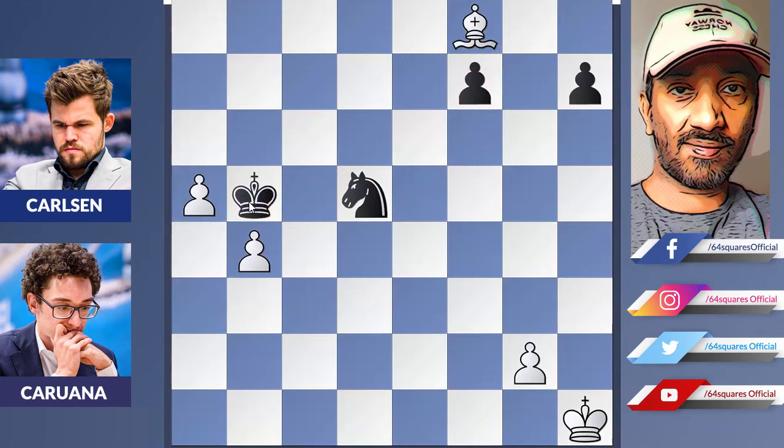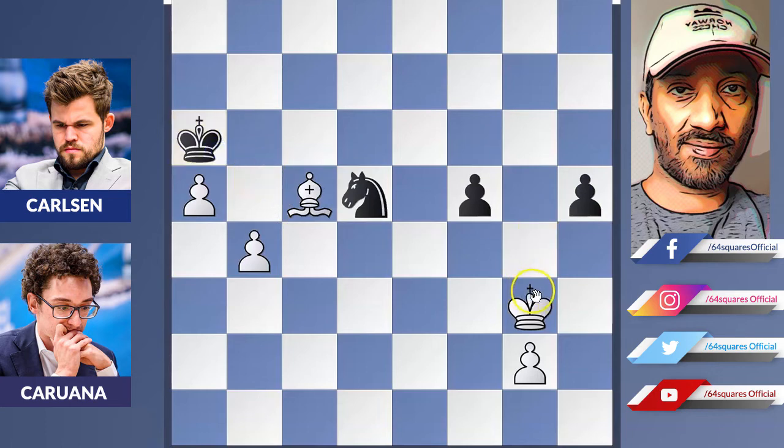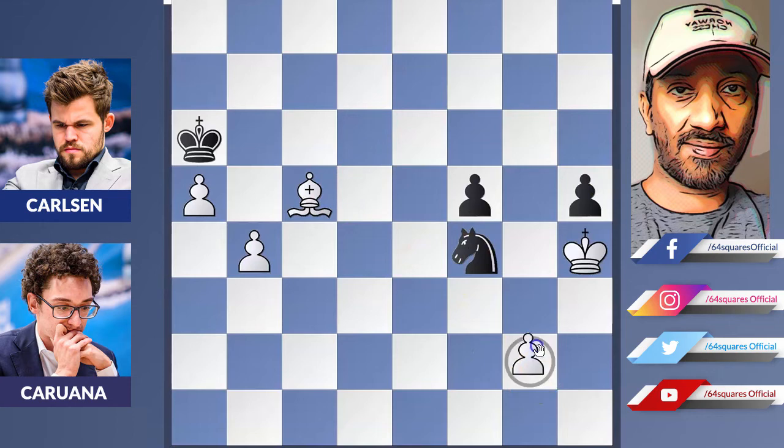Carlsen is trying to stop the advancement of pawns. And now Fabi decides to bring the king into the game, king to h2 and f5. Carlsen here is also trying to promote the pawns. And now king to g3 and h5, bishop to c5, king to a6, king h4, attacking the pawn. And now knight to f4, supporting, and g3, attacking the knight, knight to e2,